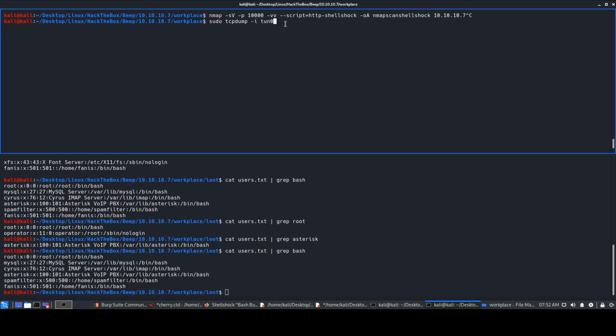We'll use the -i switch and we'll give tun0, because this is the Hack The Box VPN connection, and we'll be giving the ICMP packet because I just want to check for ICMP. Then we have to run it as sudo, otherwise it will not work. So we have to run it as root, in short. Okay, so we are listening over here.